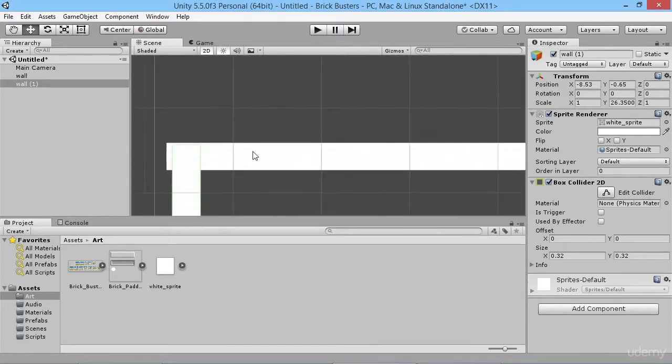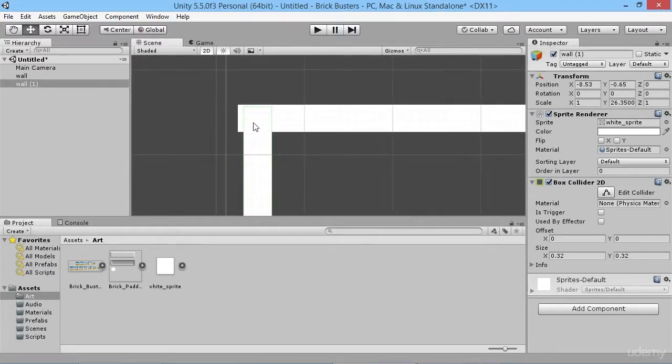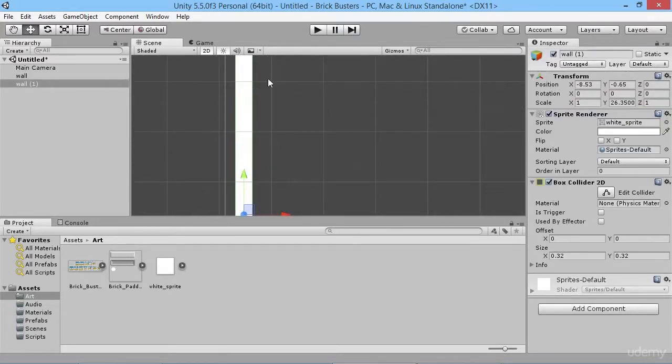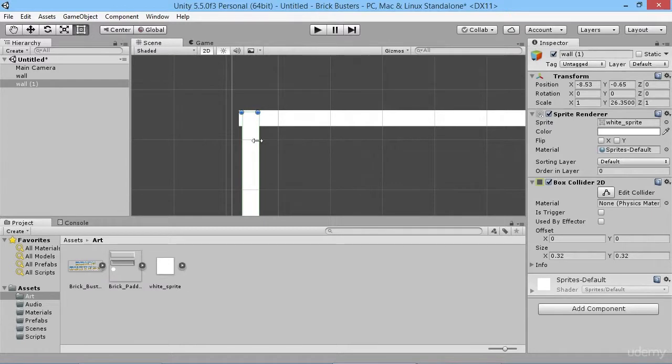So if I zoom in here, now what we could do is just manually try and move it, but you can see as soon as we click off the center axis, we kind of lose that. We could switch to this control and use this, click and drag it around and just try to line it up by eye. But what we can do that's much more handy and much more useful is if we switch back to our